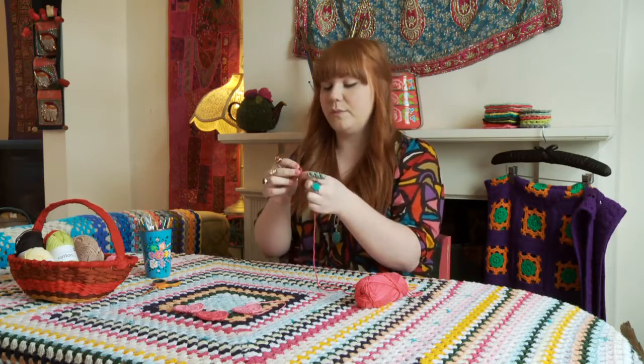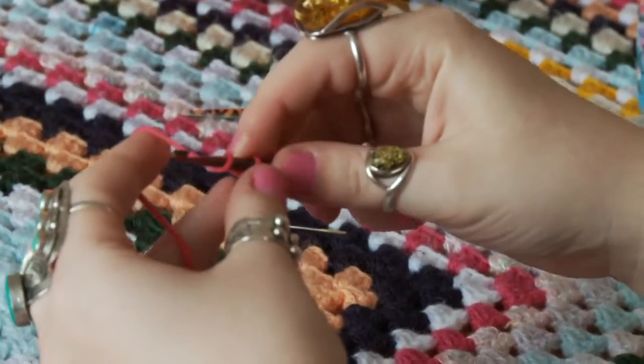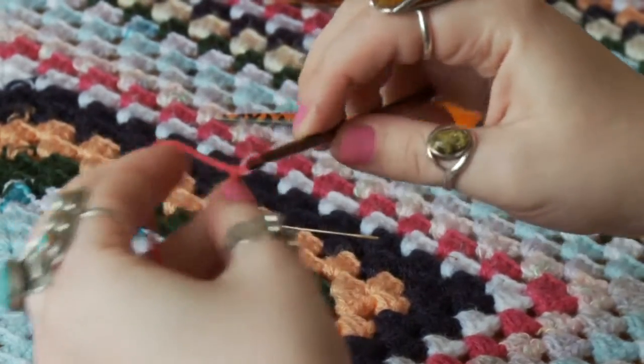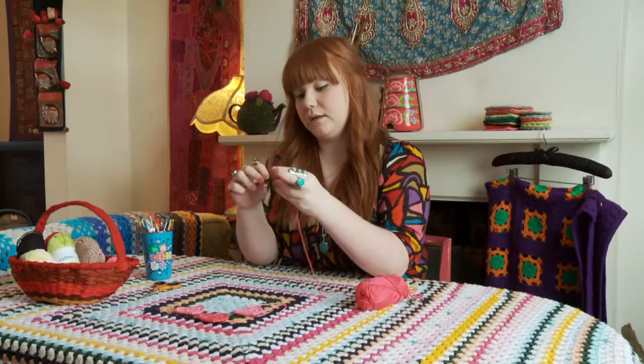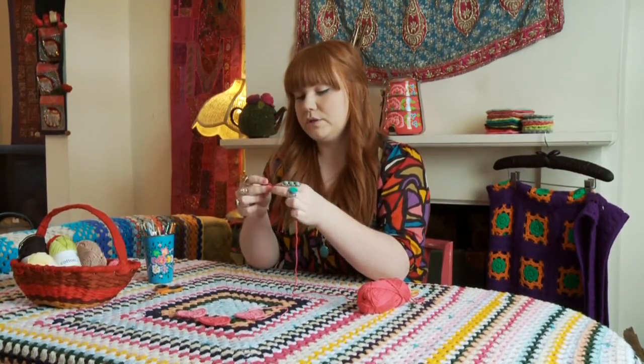So we want to start off by doing chain 4, so yarn over, pull it through like that, yarn over and pull it through, yarn over, pull it through. And what we want to do is